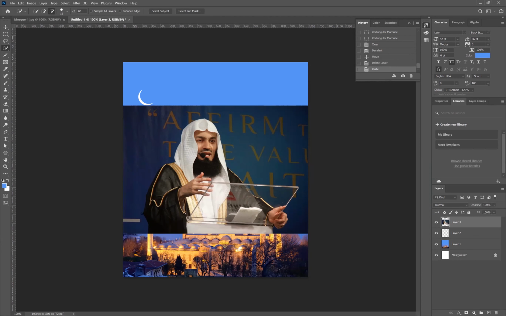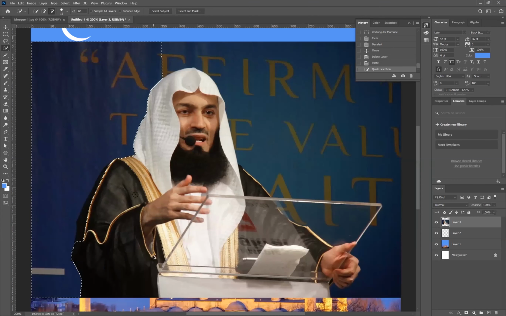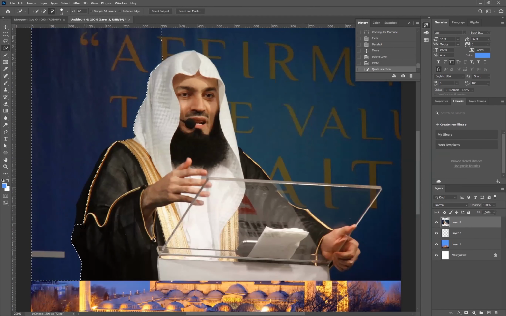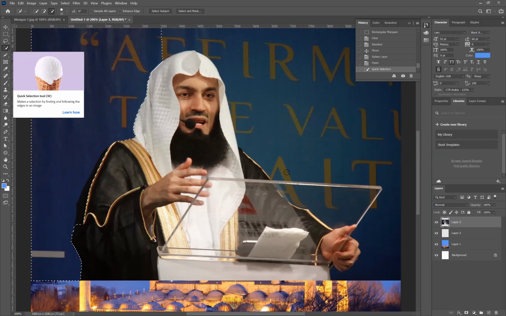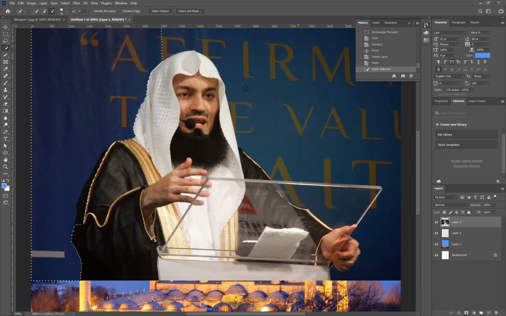With quick selection, just keep moving the mouse pointer. It selects the outside area. Now, you see by mistake it selected his dress as well. So in order to remove this in quick selection, focus on this area. When you have quick selection, you get this minus and plus.